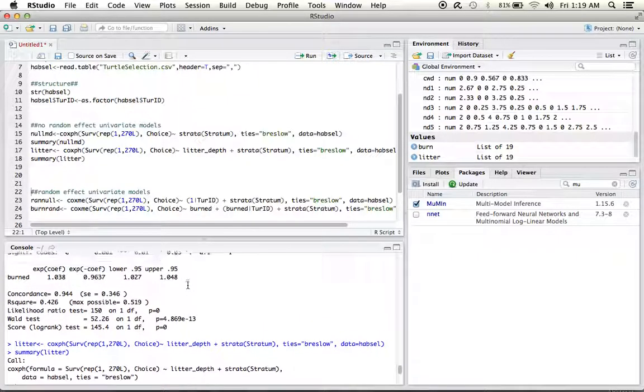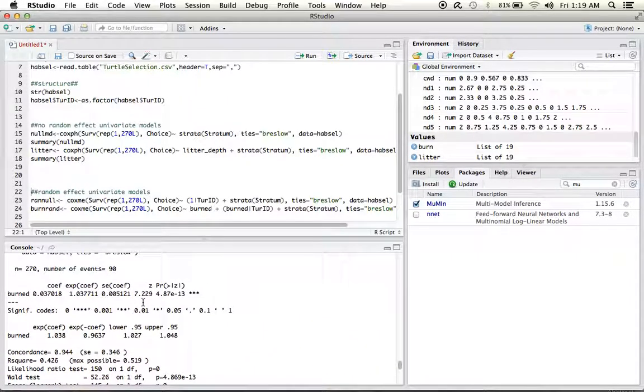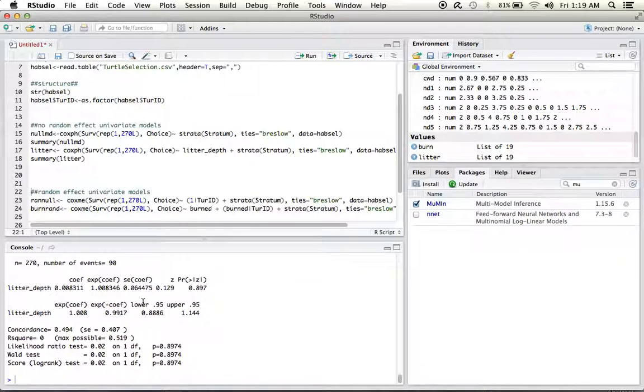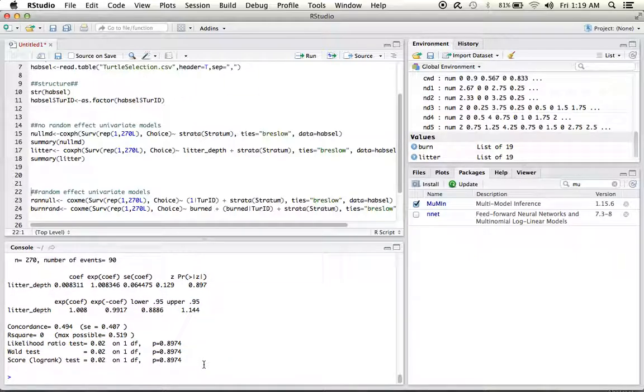So if we look back up at the burn model, we see that turtles are selecting for burned areas when they're available to them. However, they're not showing any preference or selection towards litter depths. So simply the amount of litter does not dictate or does not predict whether a turtle may or may not